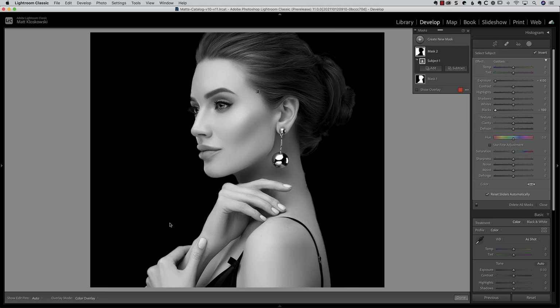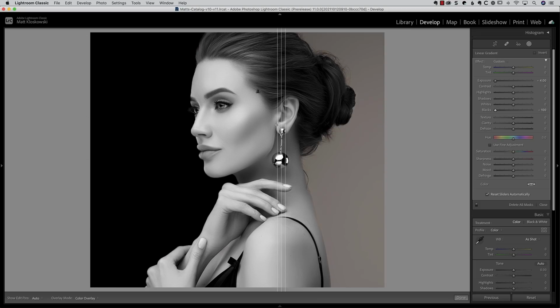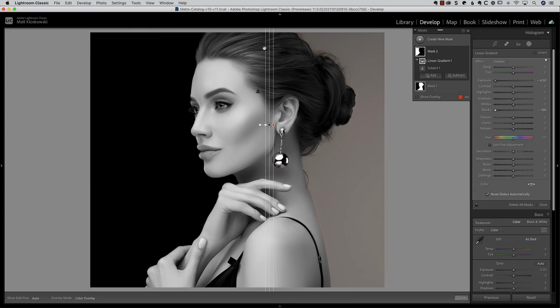Now, I only want the left side to be black. I want the right side to be white. So I need to subtract the right side from this. So I choose subtract. I'm going to use a linear gradient, and I'll hold the shift key down so it's straight up and down and drag from left to right. It doesn't really matter because as long as it's behind her, you're never going to see the seam